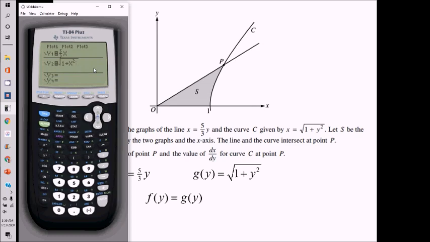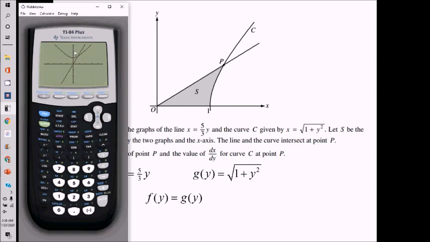So for my window, not really sure, they didn't tell us, but this is the x value 1 right here. So this intersection point doesn't look like it's going to be too far away from that. So let me do zoom 4. So there's our line, and there's our parabola. Now again, this is actually flipped over the line y equals x from the true function,